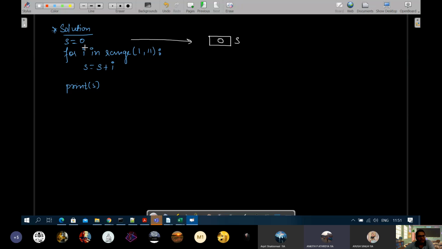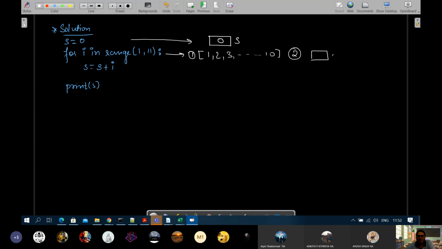अरे s equals to 0 क्या करेगा? It will create a variable having a value 0 identified by s. Okay. That is only saying, only first line I am talking about. This will result in the creation of a variable which will be identified by s. That means a memory block will be reserved in RAM, having a label s on it or identified by s, and having a value 0 inside it. Now, उसके बाद अंदर में क्या होगा? इसके अंदर में list will be created from 1 to 10. ये first step होगा.